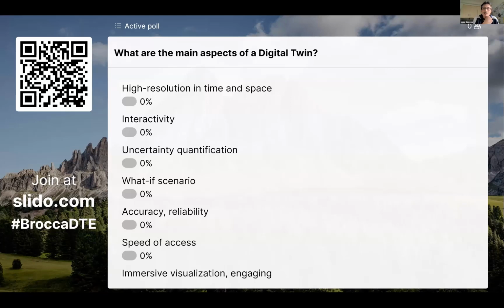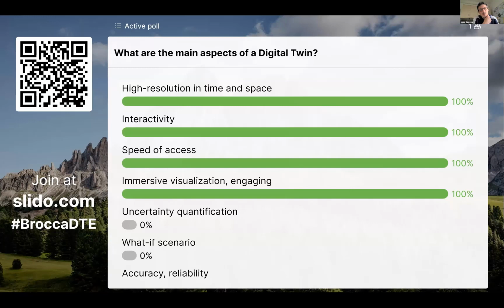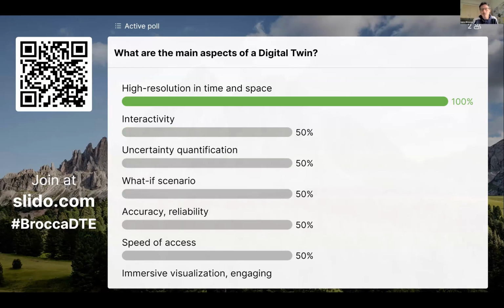The idea here is that everybody is talking about digital twin, in Europe but not only. People ask what is the difference between the digital twin and the modeling that we have been doing for the last 100 years? 100 probably not, but 70 years for sure. So with this question, you can select what are the main features of a digital twin.